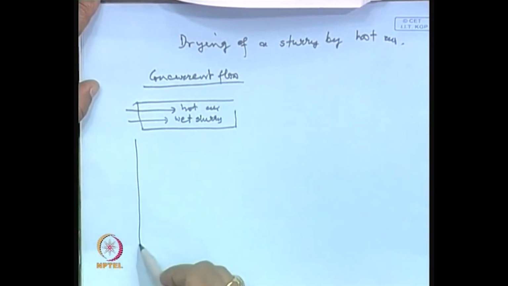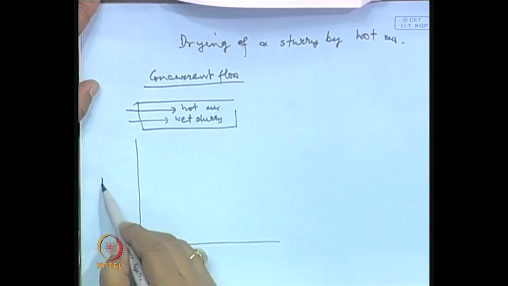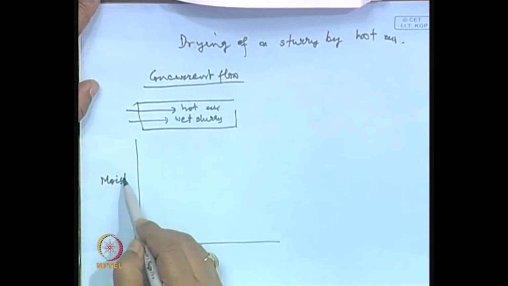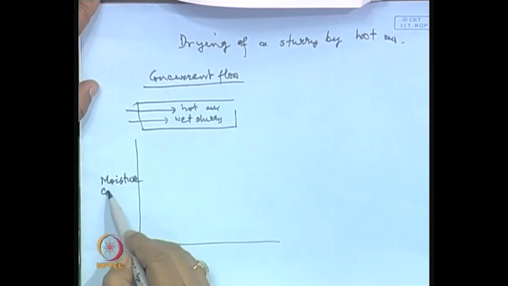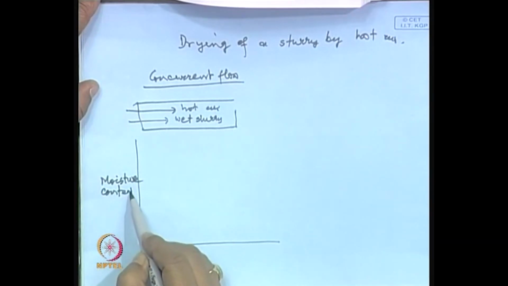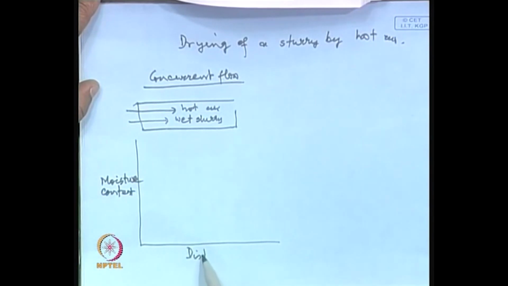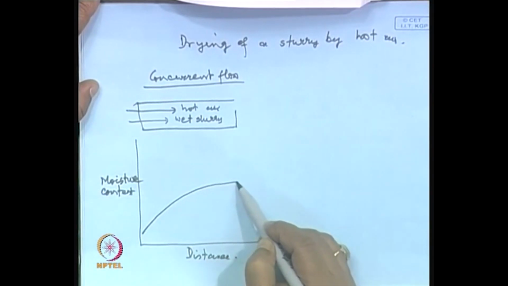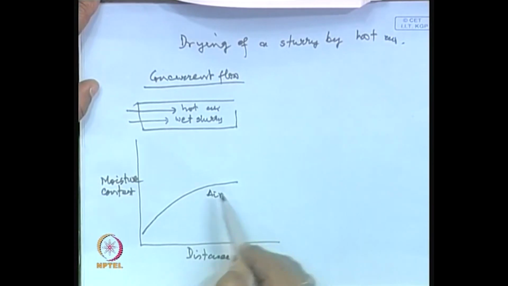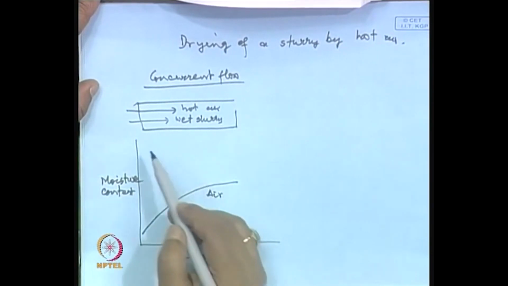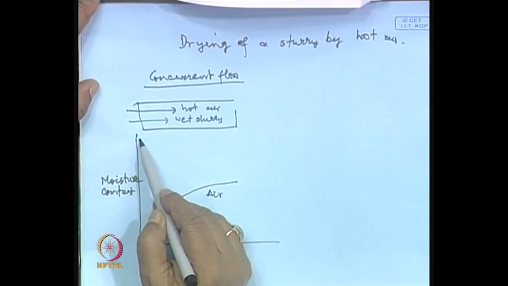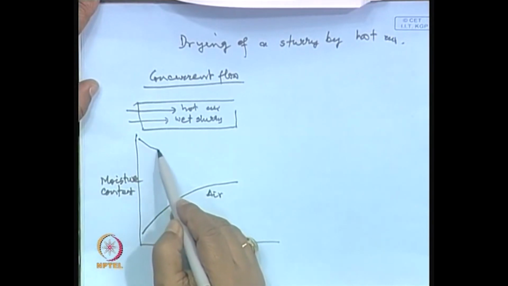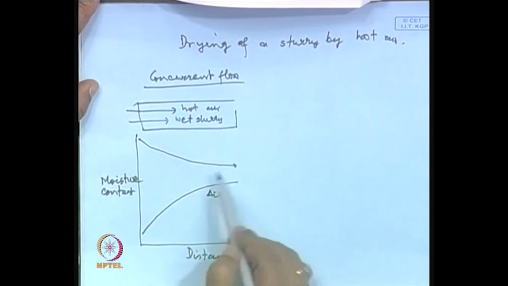If you plot the moisture content as a function of distance, the air is initially very dry. So, it is going to pick up moisture as it moves along, whereas the moisture content is very high and it will gradually, the slurry will gradually